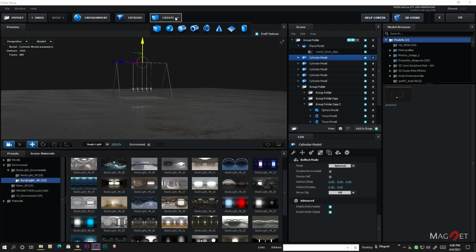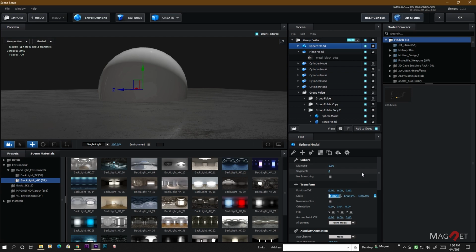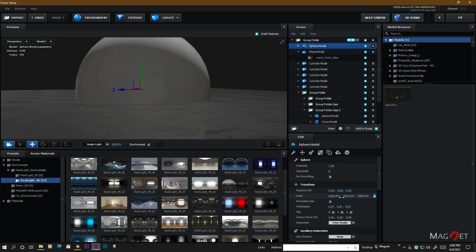So first we create a sphere here, and then we scale up the sphere like this. Maybe we just increase the scale by 1000 or maybe more than 1000, so it can fill up the whole scene